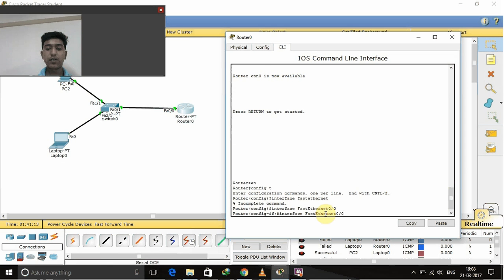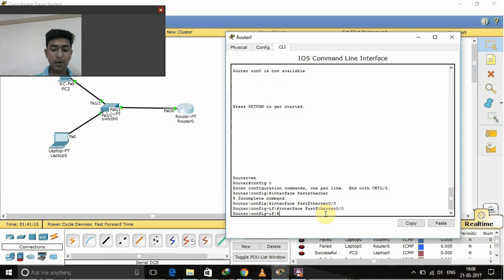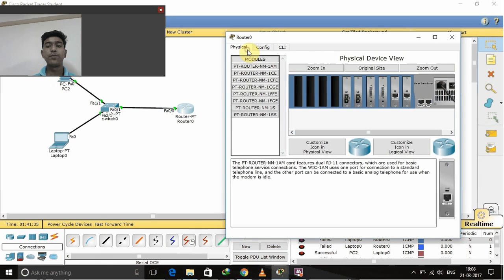Interface fast Ethernet, then ip address, then give that IP address, 192.168.10.1, like this one, right?